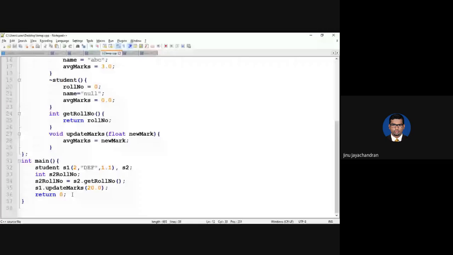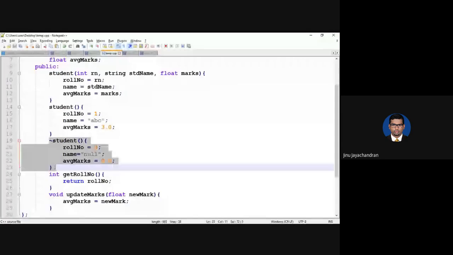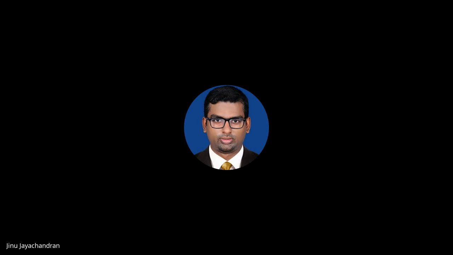Now, this question is a bit different. So after the complete program is executed, after return 0, after this bracket, what would be the value of AVG marks of S1? Now, I want to point out that when you finish return 0 and bracket, the destructor is called. So inside the destructor, the owner will be 0, both S1 and S2.